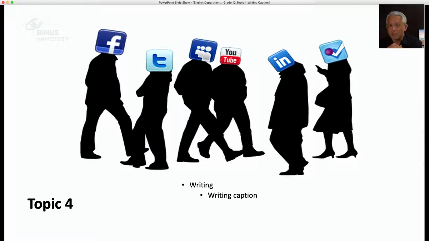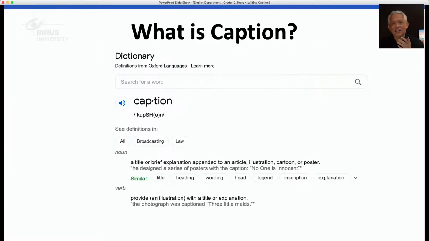If you are familiar with captions, it's because they've been everywhere. If you are into social media, it's basically a certain kind of writing that you produce after an image, an illustration, or a photo that you share on social media. Are you the one who usually shares posts and captions on social media, or are you the kind of person who likes to read captions or posts of other people? Whatever it is, let's talk about the definition first.